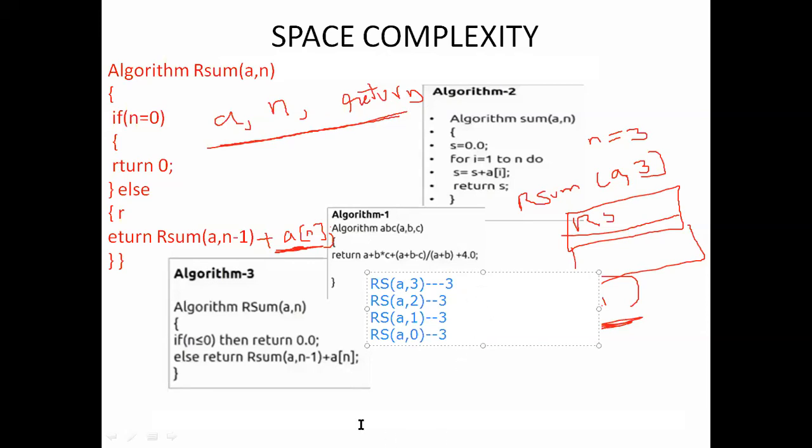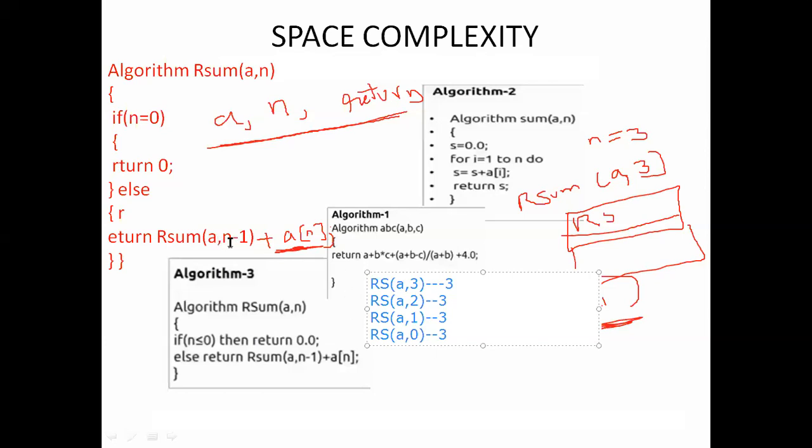Okay. And another reason why we cannot take r of sum of a comma n minus 1 as a variable part is that the size of that function will not repeat. So the a value is 2 and the n value is 2, so it will not be taken as a variable part. When we call it a variable part, it means the part that increases the memory space.